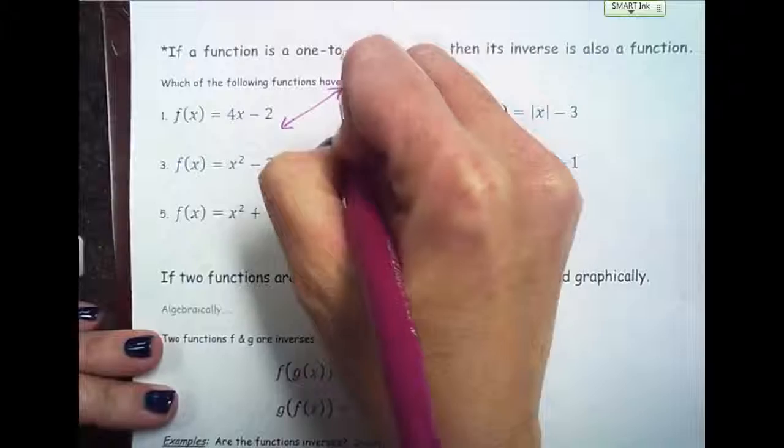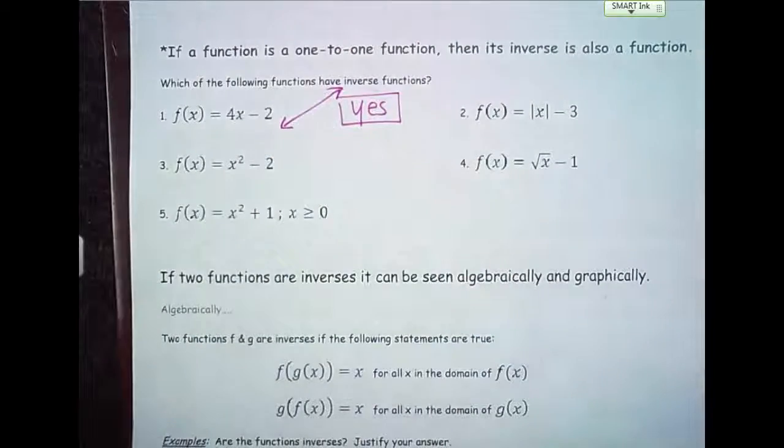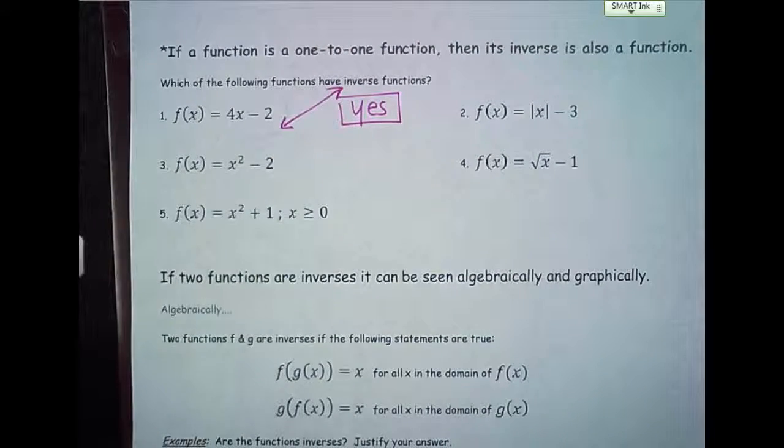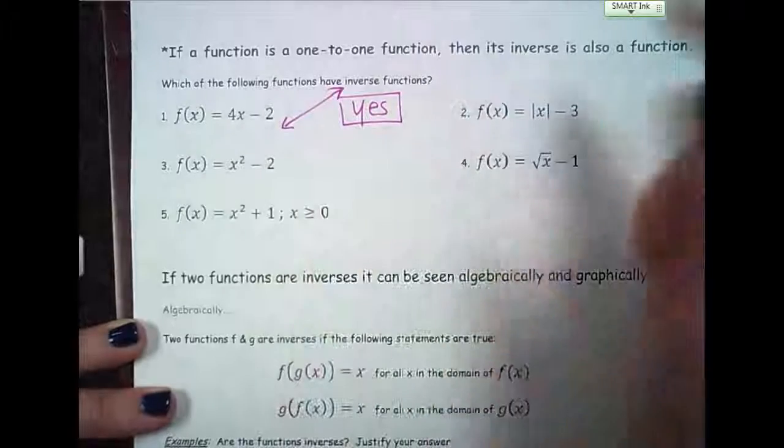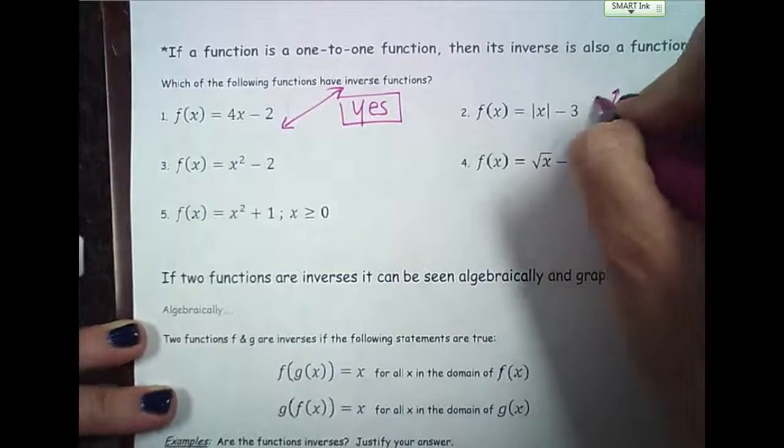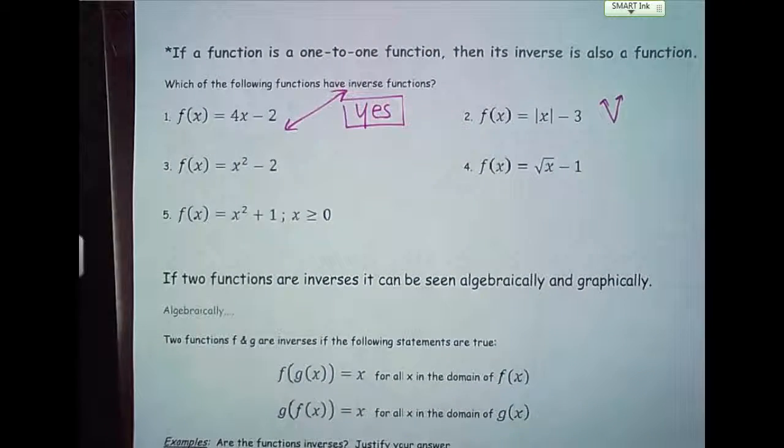Let's try another one. Number 2. Do y'all remember the shape of an absolute value? Sorry about that. It's a V. Obviously, yes, it's a function. It passes the vertical line test. My question to you, though, is if I found the inverse, in other words, if I switched all my x's and y's, or if I flipped it over the y equals x axis,